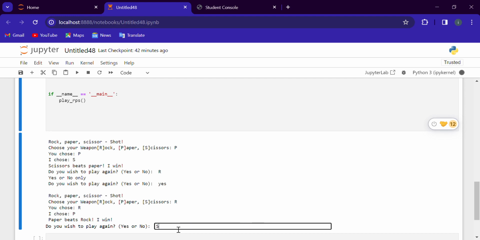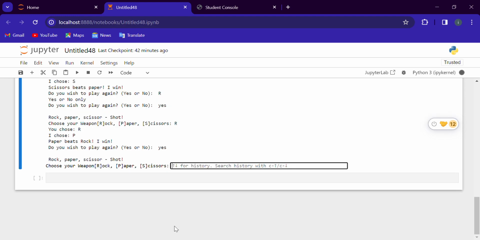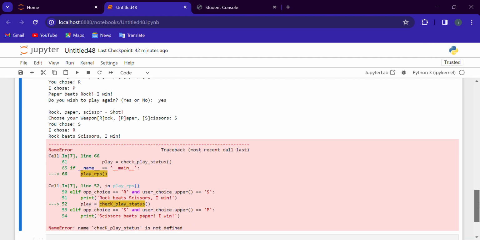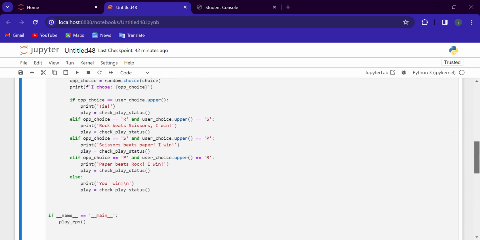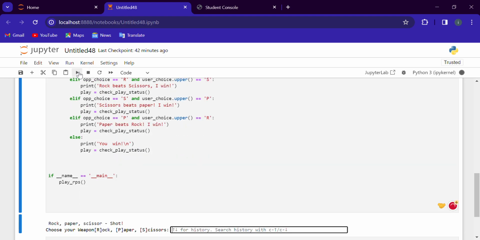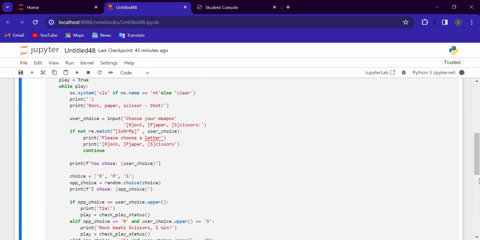I say yes, and if I say scissor, now why is there an error? Check please. Scissor beats check. Okay. In scissor, there is a small k. Now, if I say scissor, see,